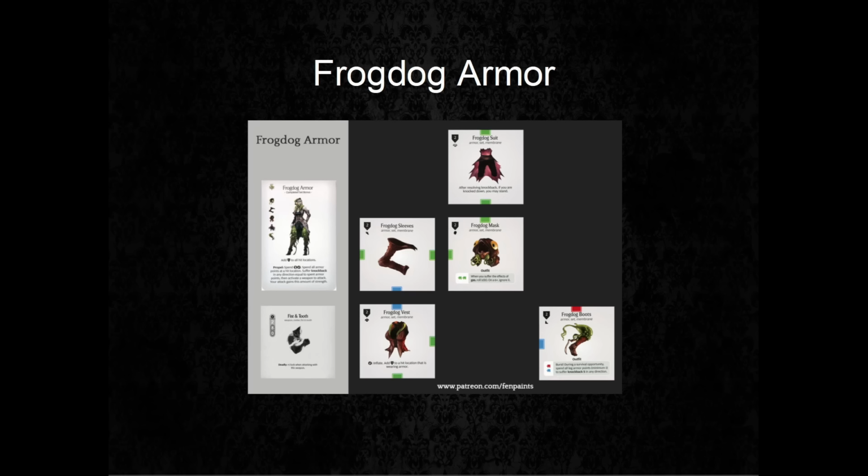Then we have the suit. After resolving knockback, if you're knocked down, you may stand. Fantastic. Saves a little bit of survival because nobody has to encourage you. This is even better survival savings in the Crimson Armor. Finally, the